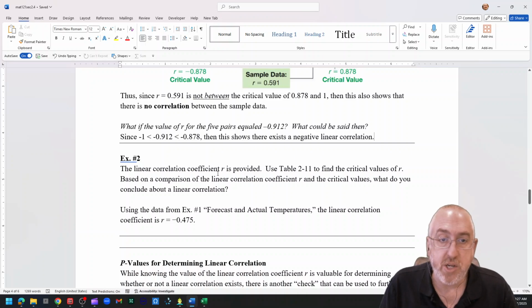So the linear correlation coefficient R is provided. Use table 211 to find the critical values of R. Based on a comparison of the linear correlation coefficient R and the critical values, what do you conclude about a linear correlation? So using the data from example 1, forecast and actual temperatures, the linear correlation coefficient is R equals negative